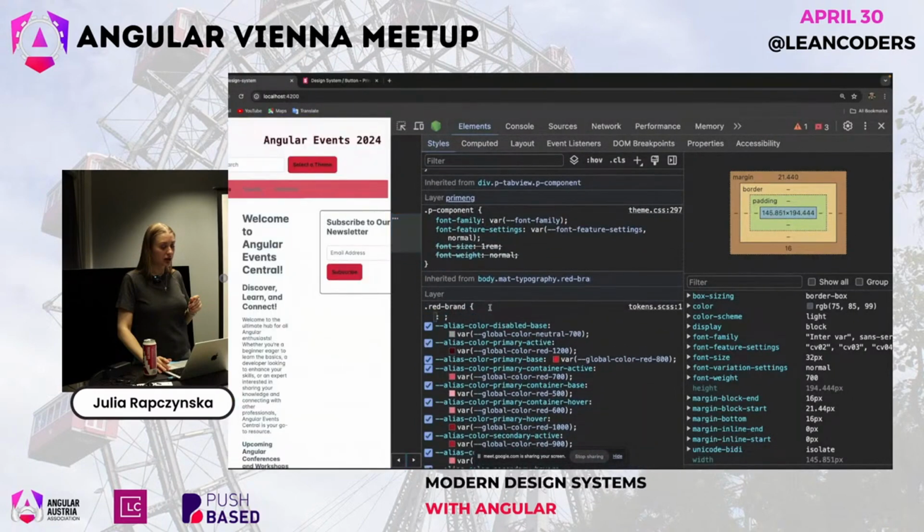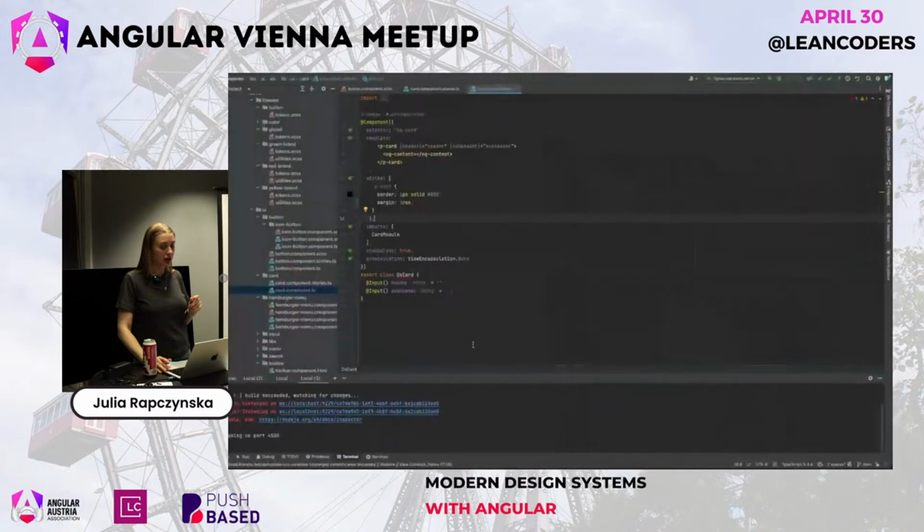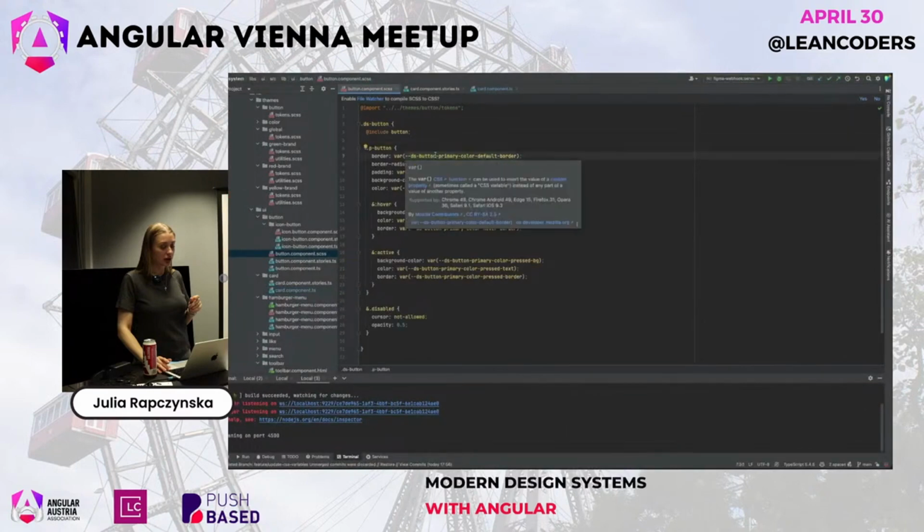Okay, so we have a set of tokens that we use in order to style the components. We know that we have a red color now used in this theme, and if we look at the source code of the button component here, we know that the button is using the